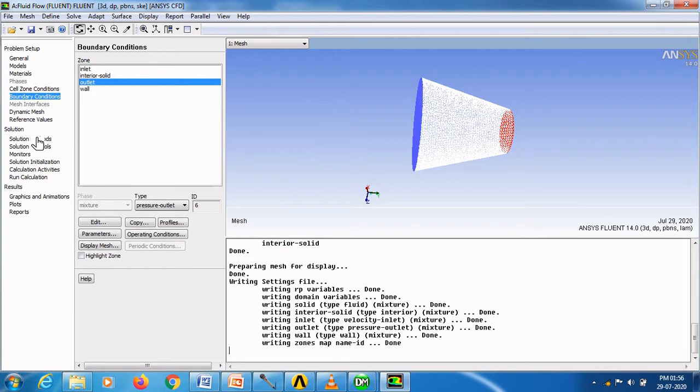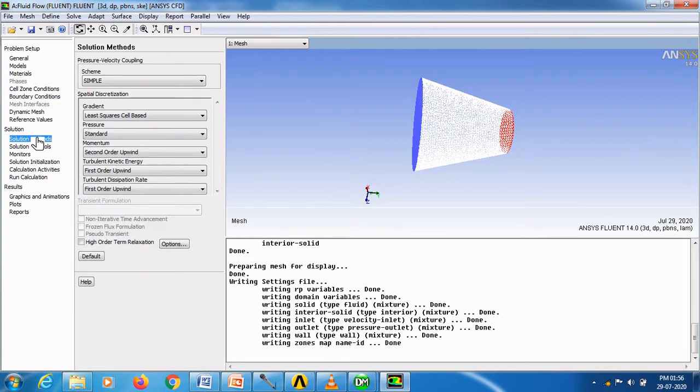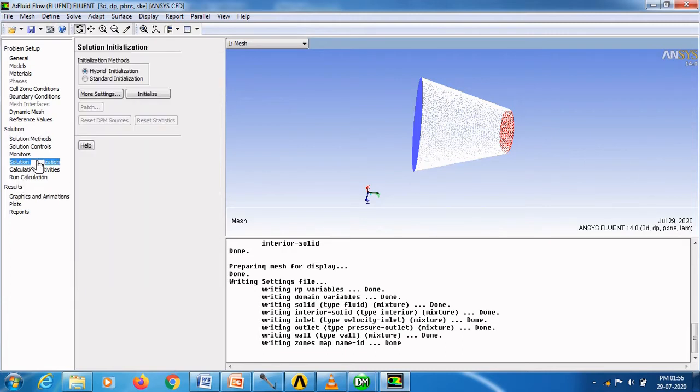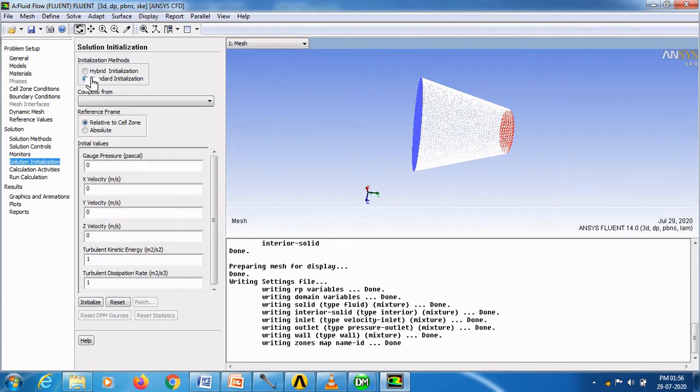Go to solution methods, and in solution methods you have to select second order upwind for momentum and second order upwind option for turbulent kinetic energy. Also you have to select second order upwind for turbulent dissipation rate. Go to solution initialization, select standard initialization. In the compute from option, you have to select inlet and give initialize,